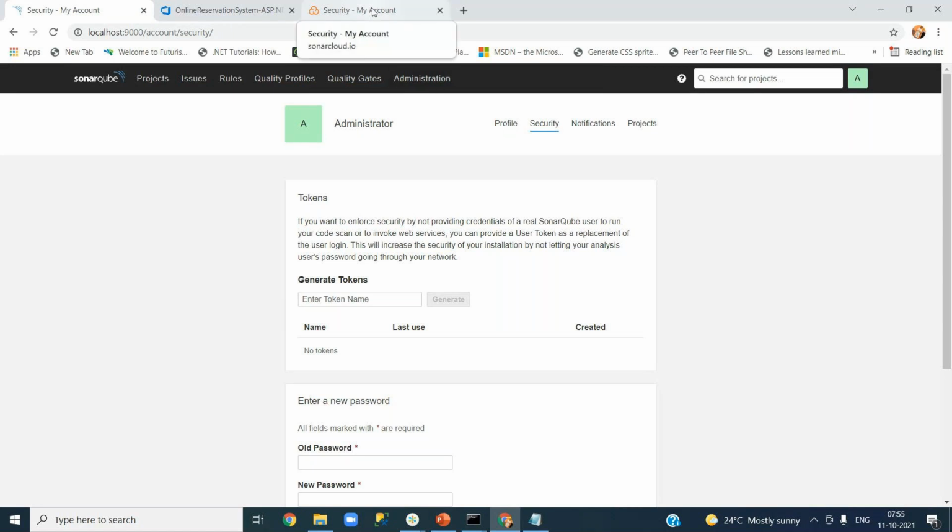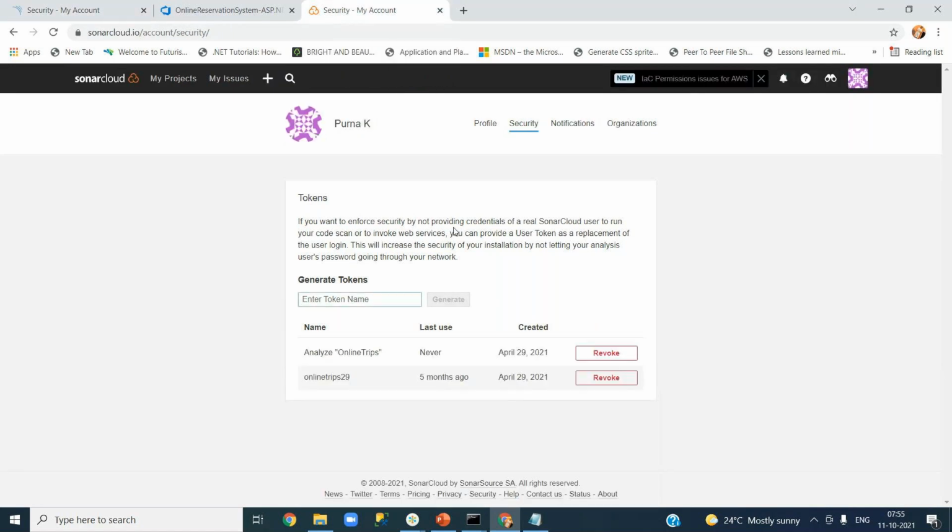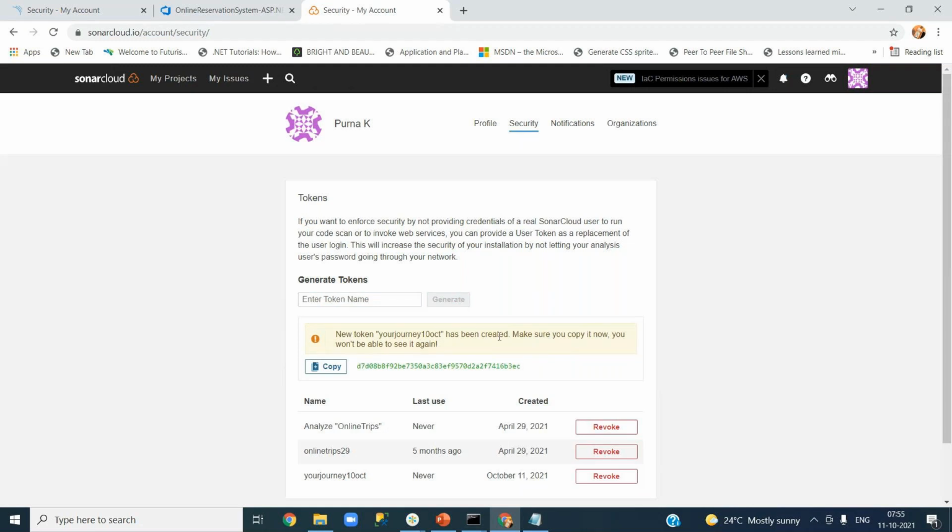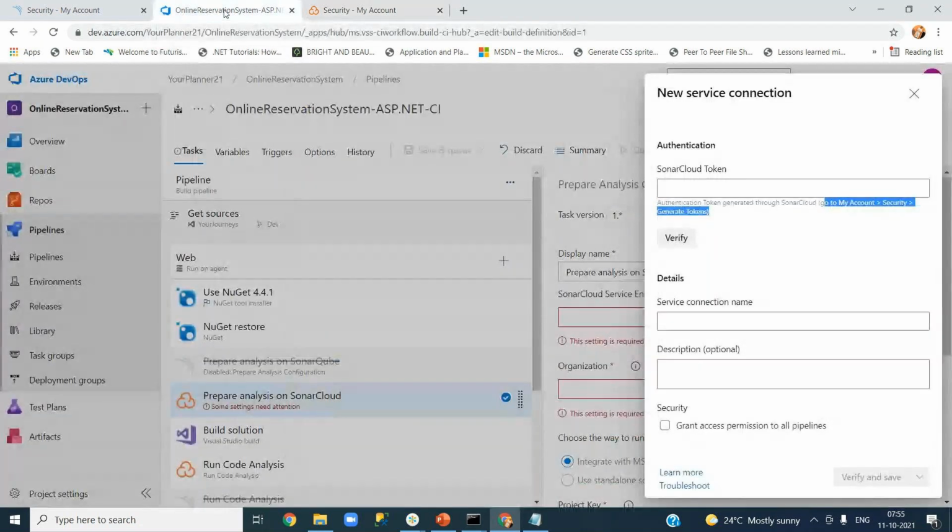Just because of network issues, I'm going to use SonarCloud. As I told you, small companies will make use of SonarCloud because small companies cannot afford servers. Let's give some name, any name, XYZ, just for our understanding. 10 October. Generate a token. That's it. Make sure you copy this one. Copy. Now come here, give that token, paste it,